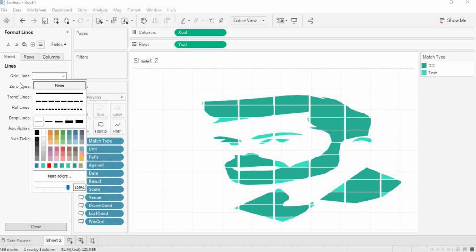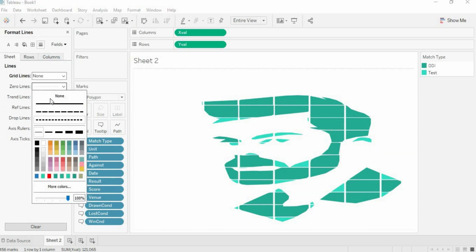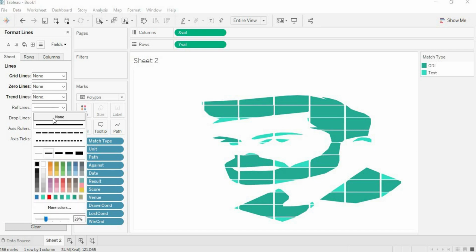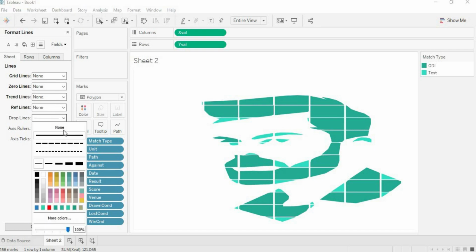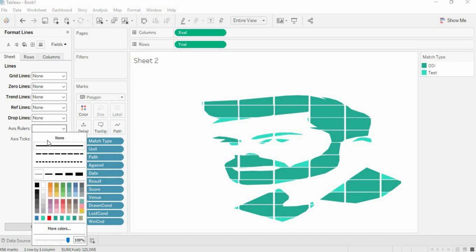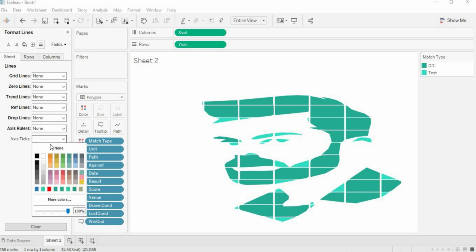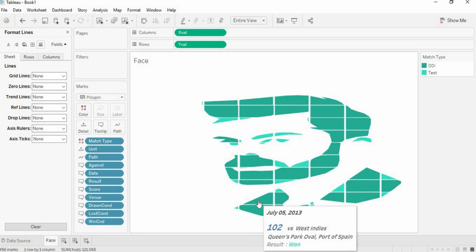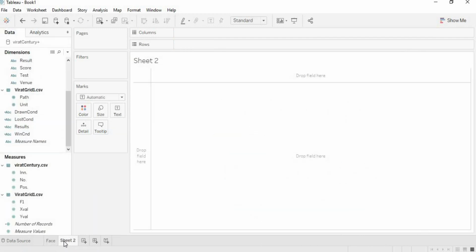Now in lines, remove zero lines, reference line, trend line, axis ruler, everything, and make it none. So we have created the face of Virat Kohli. That's it. So we have created one thing. Now move on to the next.